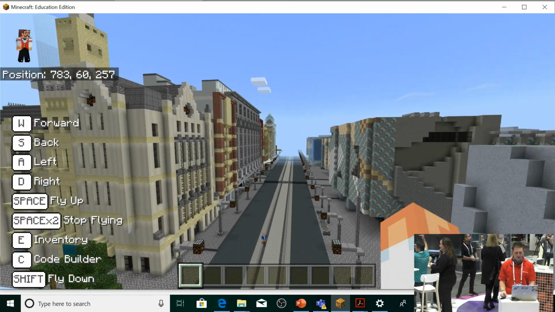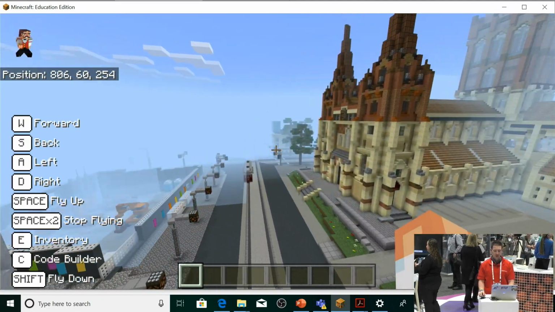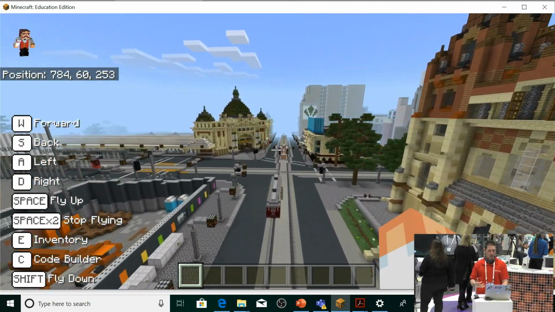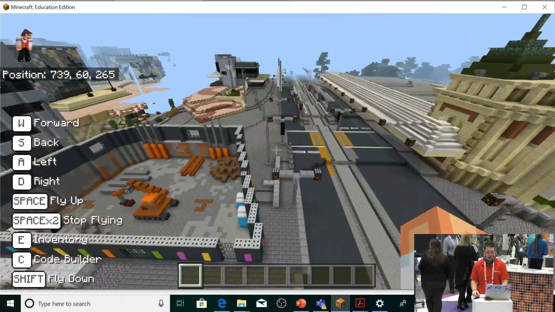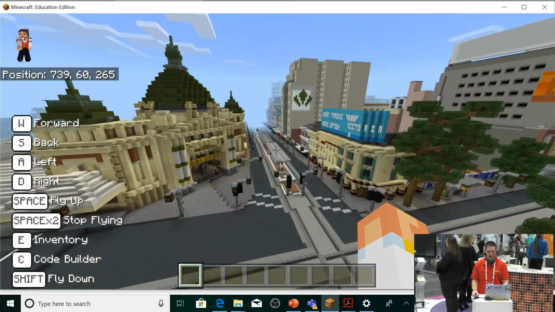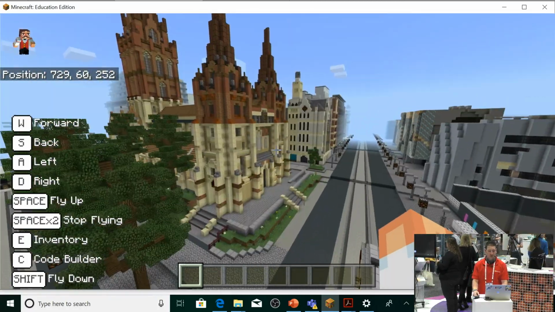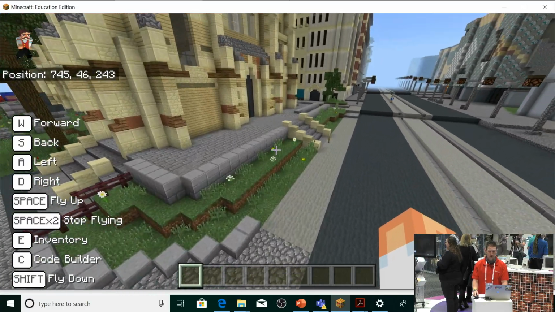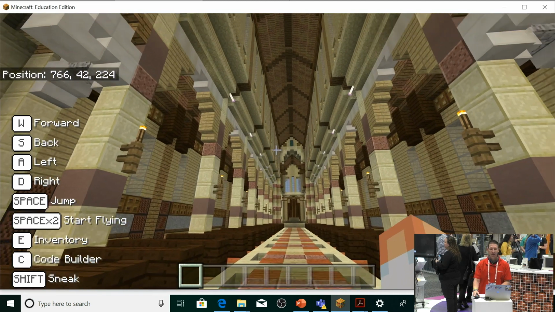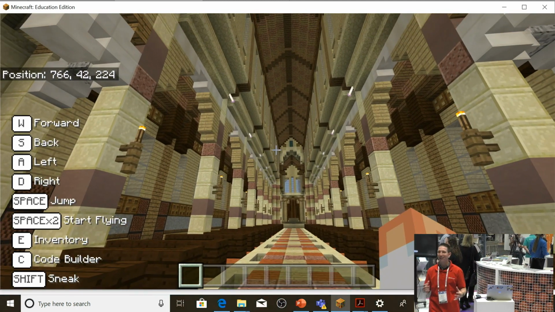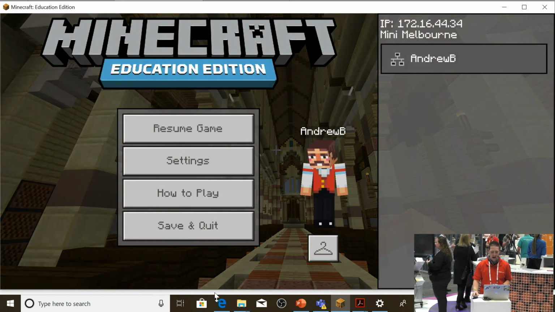But this shows you the potential of this program to really recreate learning. This is Melbourne's CBD done to scale in Minecraft Edge. This is Federation Square, just FYI. We've got the Acme Centre just over there. And you can literally go and explore and go into some of these buildings that the students have made, like this beautiful church right here. If I just go down and walk through the front door, the detail that they've made of Melbourne is absolutely sensational. It's lovely to see some heads shaking because it literally is unbelievable.